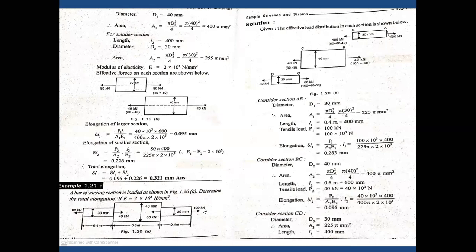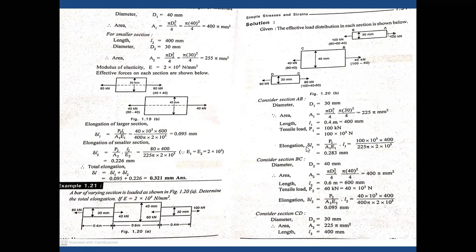In the middle portion we have two more forces which are compressive in nature: the first one is 40 kilonewtons and the second one is 60 kilonewtons, and these two forces act internally, not externally. So whatever the problem has given, we just need to split the entire portion into three sections, 1, 2, 3. Okay, we just give a number to each. First I consider 1, then this is 2 and this is 3.